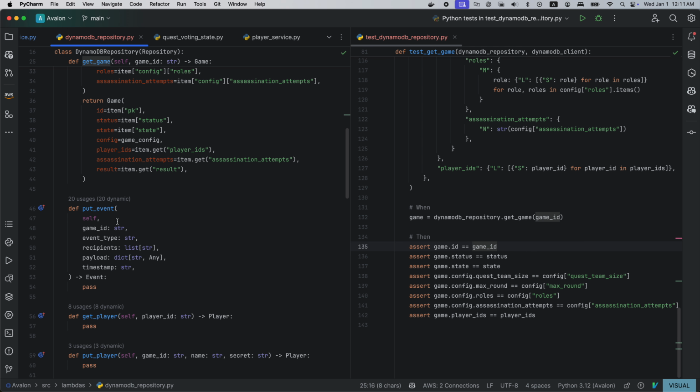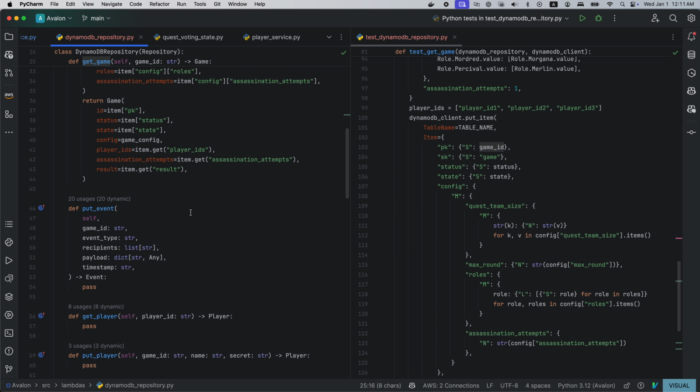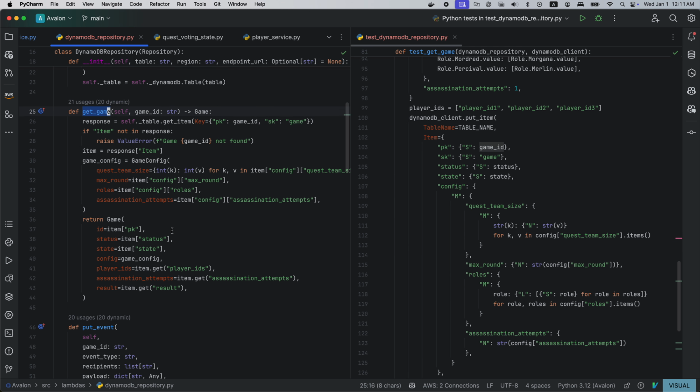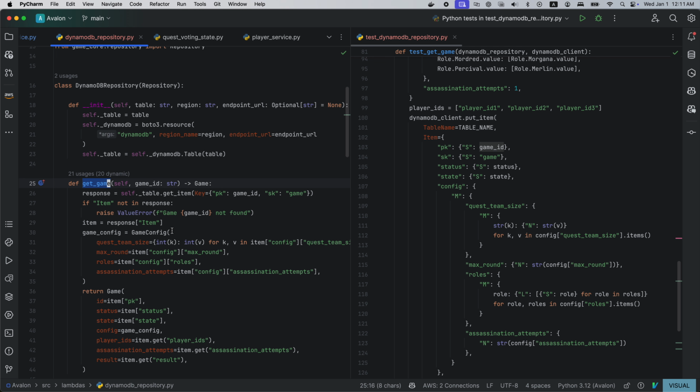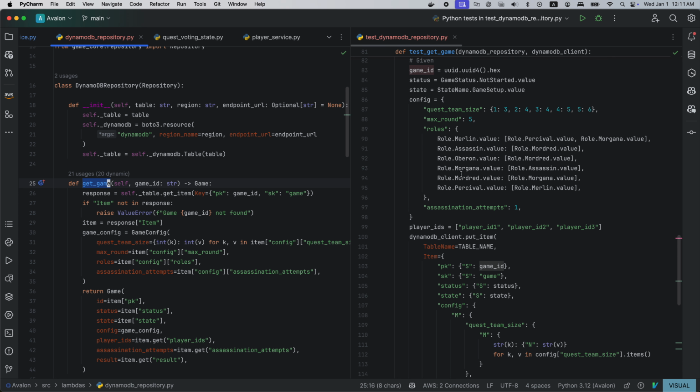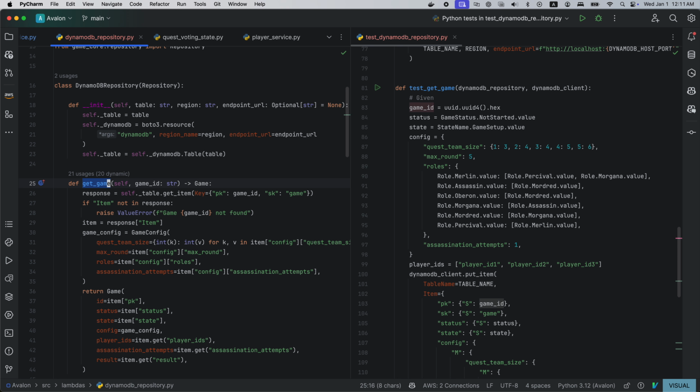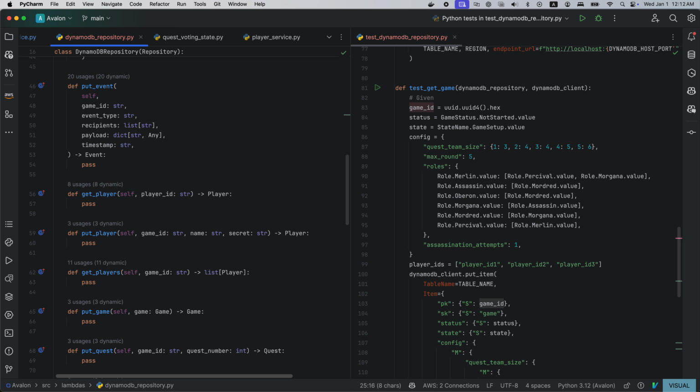But here we'll have to actually insert something in the table. So yeah, I think let's implement this.